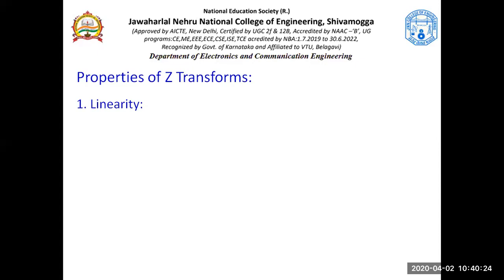We discussed linearity and time invariance. If you negate the time, what happens? If you have a shift in time, what happens? If you have differentiation in the S domain, what happens? That will be discussed as differentiation in the Z domain. All the properties that we have seen in the Laplace transform are going to be seen in Z transforms, but in discrete time.